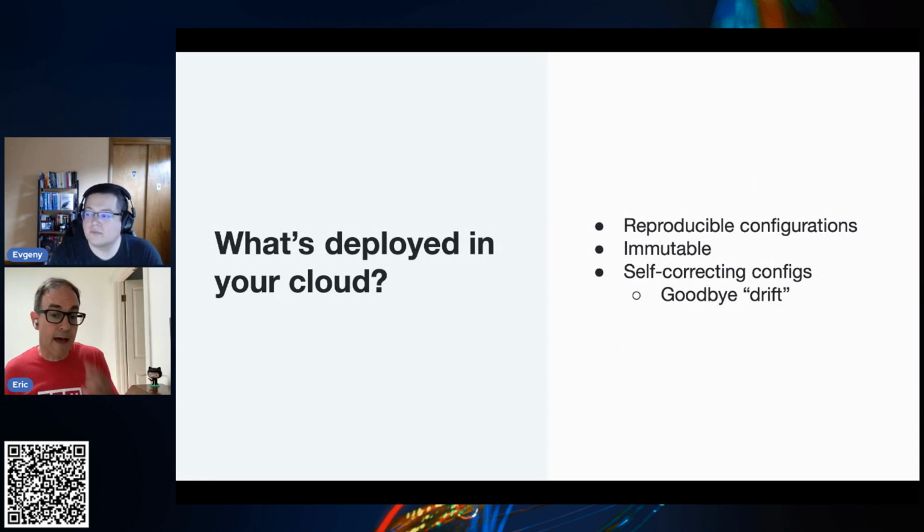Okay. Again, the idea here is that the configurations are reproducible. They're not going to change, again, in one place or another here. And the configurations tend, depending on the mechanism you choose here, to be self-correcting as well. So there's not this idea of, oh yeah, we've had that thing deployed and we know what it was when we started and the application first got out there, but after that, things have gotten a little scary or vague or whatever. Again, depending on the engine, the vehicle that you choose for infrastructure as code, configurations can in fact be self-correcting.